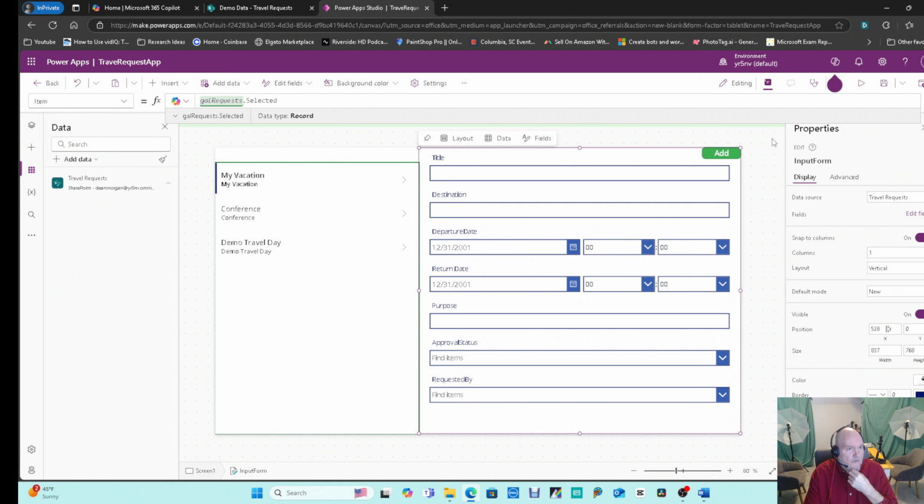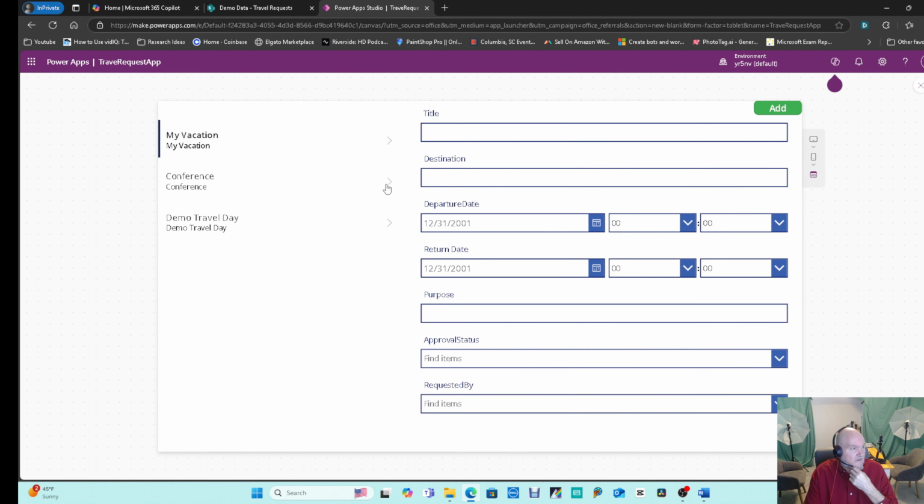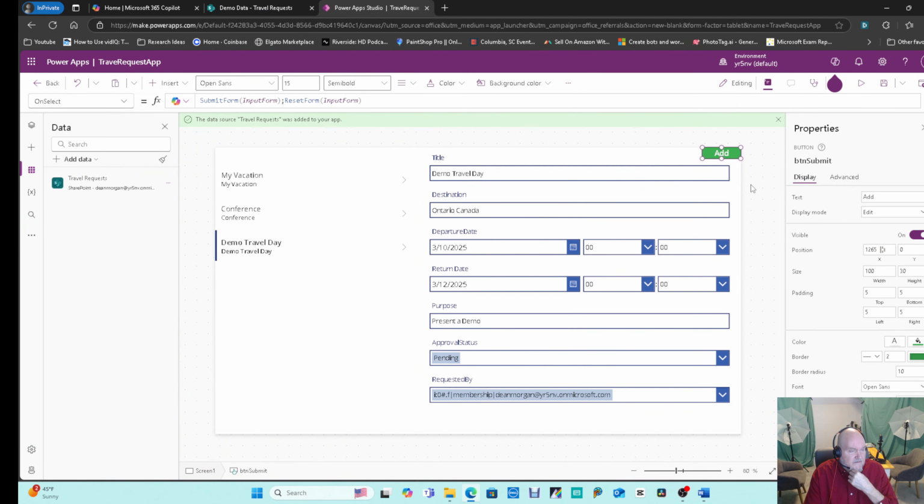Okay, so we're going to test this out, and we're going to go to conference, and you'll see that it has allowed us to change each one. However, this says add, which would be a little confusing to most people were they to be using this in edit mode. So maybe what we need to do is to change that just a little bit,